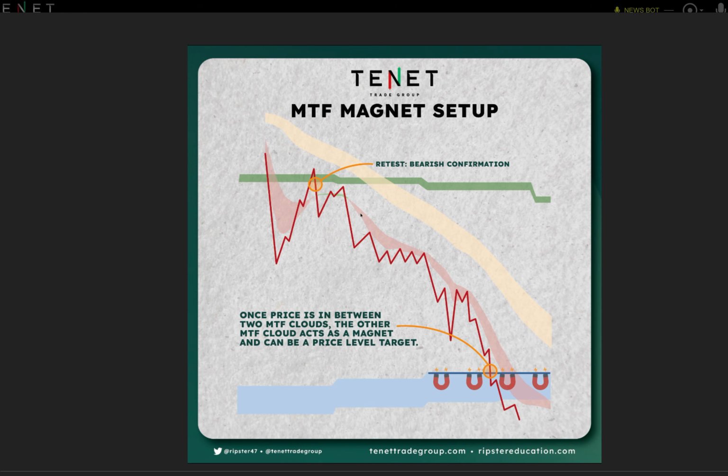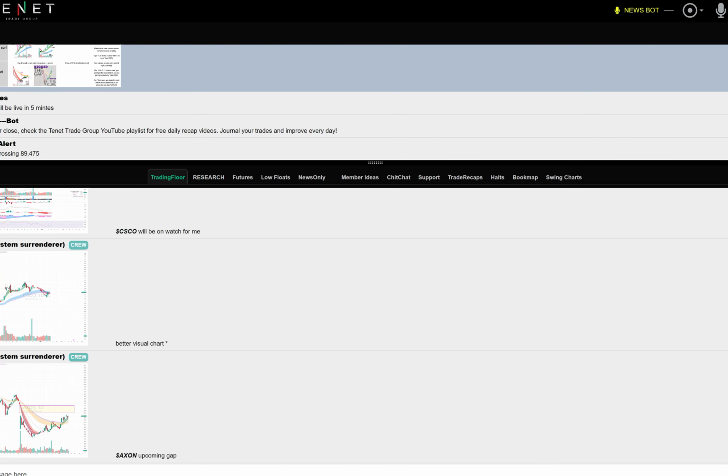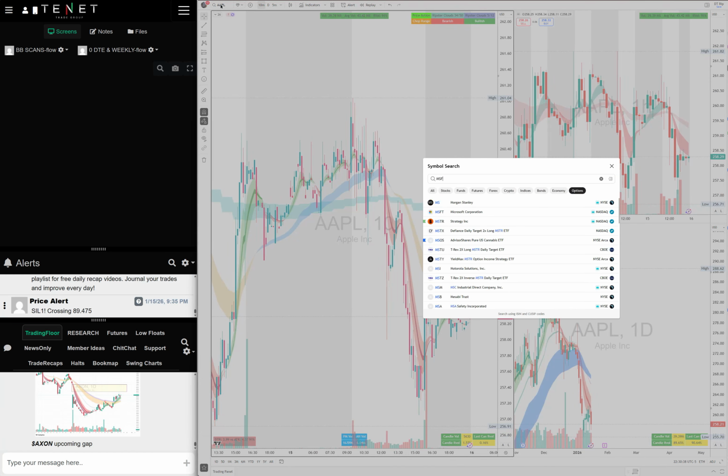Whenever one MTF is broken, usually the other MTF acts as a magnet. We also call it an air gap, and it's also defined as an air gap or the MTF magnet. The concept is the same. You can have different MTFs. So this is a standard MTF 20, 21 and 50, 55 on daily, but the 1 hour MTF also acts as a magnet. Traders try to use multiple EMA clouds, but these are the basic, big ones. Of course you will have daily 5, 12s and all those, but these are the three top big MTF clouds that you could really use to trade those tickers for these MTF magnet setups.